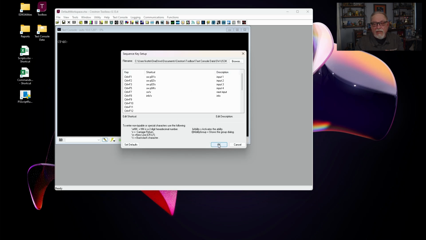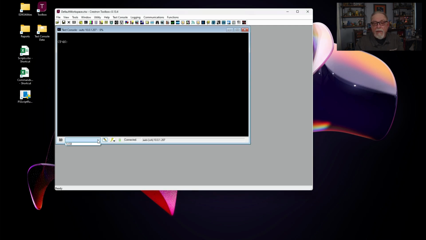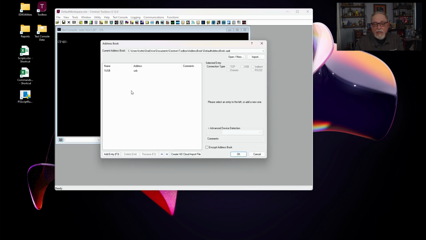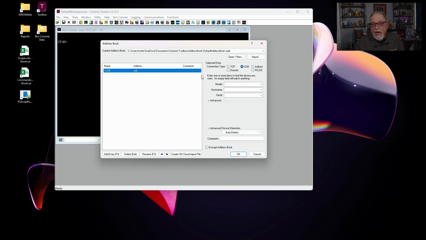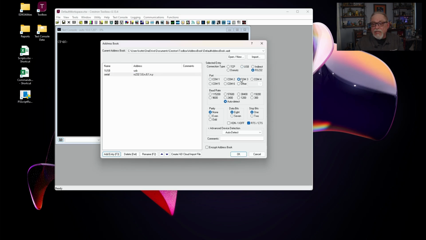And I want to check this thing for its baud rate and such. So I've got that loaded. I'm going to come here, and I've already set one up in my address book. So I use the address book for this so that I don't mess up other things. So I have a USB connectivity. I'm going to go ahead and add an entry. I'm going to call it serial. I'm going to select RS-232 because that's what I'm talking about. My adapter is COM3, and according to the documentation, it doesn't use any flow control, but it is 38, 4,